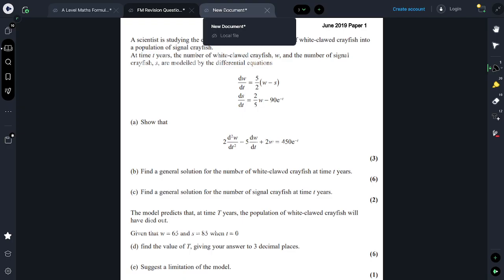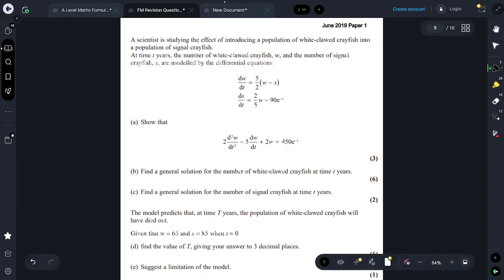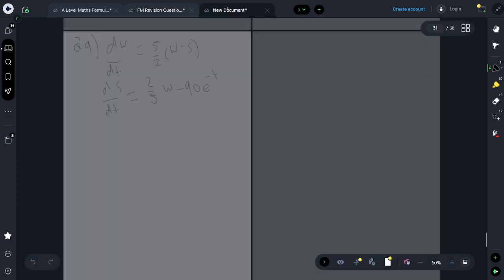well actually, we have a d squared term here. There's no second derivative we can get from here, so we're going to have to differentiate. It makes sense to differentiate this to get d squared w, which is here. So that's our approach here. So if we differentiate